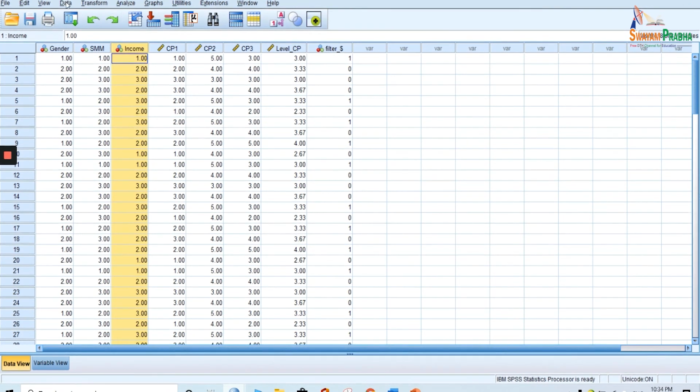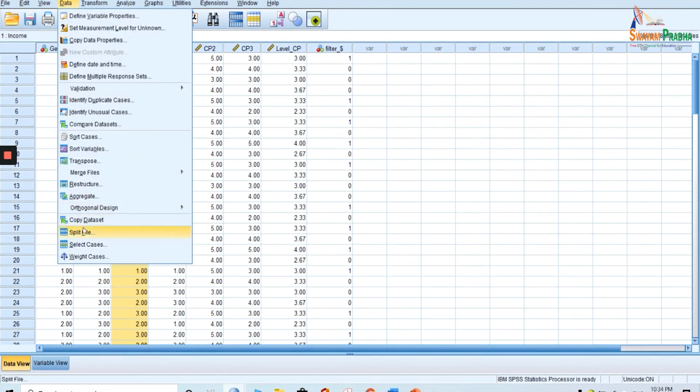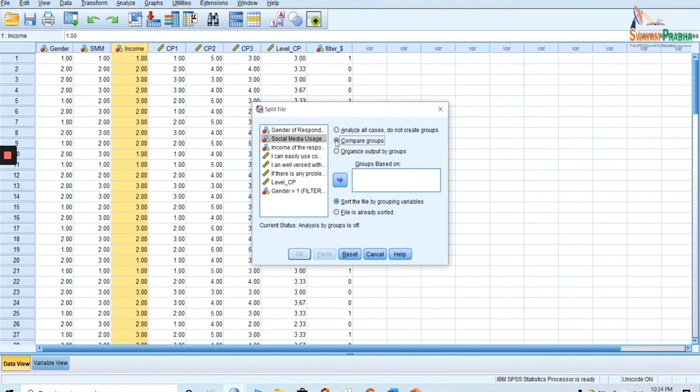The process is simple. Go to Data, and we have Split File. First of all, we have to choose Compare groups or Organize output by groups, and take the variable, let us say income. Now in our output sheet, whatever results are there will be presented first for the first category, then for the second category, and then for the third category.